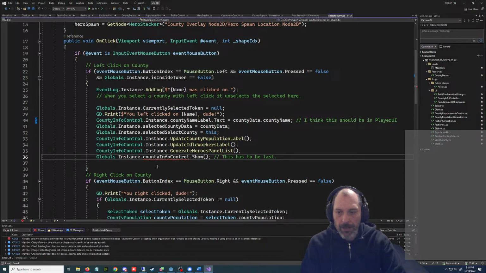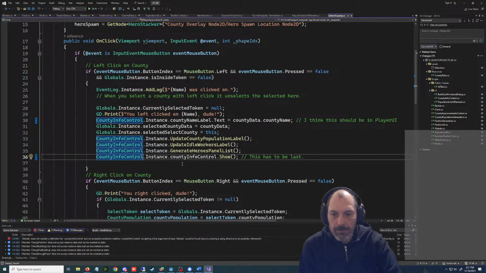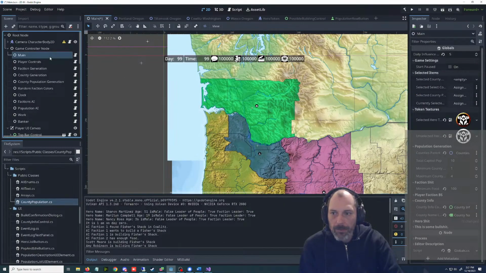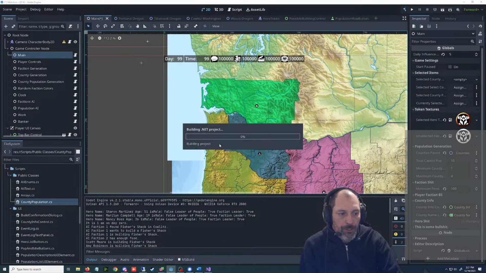Yeah, this is the same thing. I totally think that was my way of getting around it happening too fast, but we'll fix it. And I think that's what I was doing here. I'm gonna build this real quick.